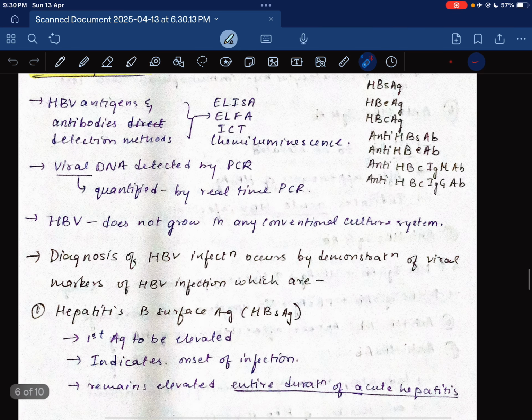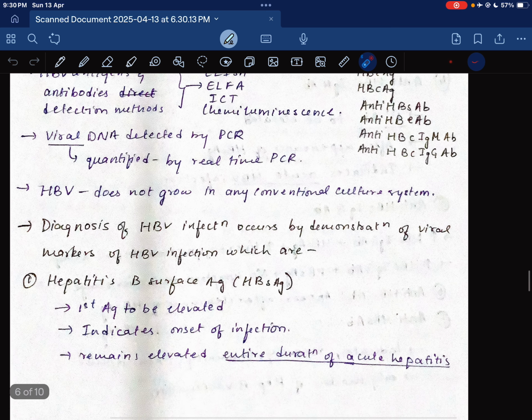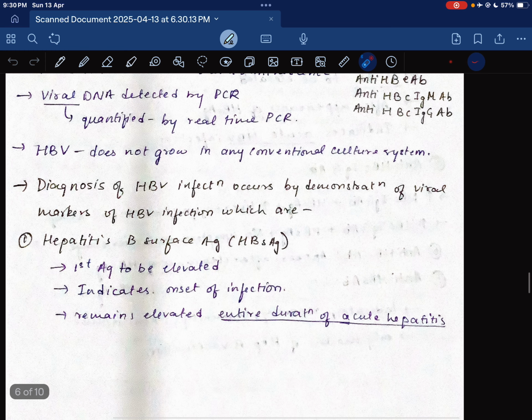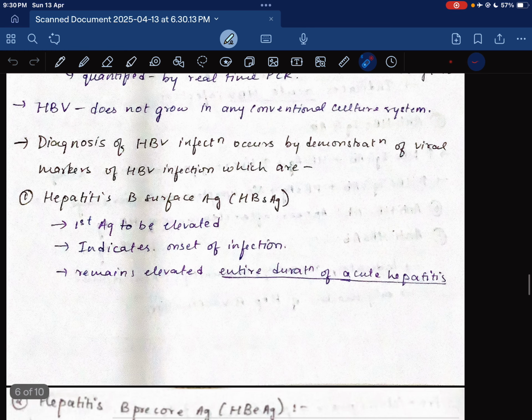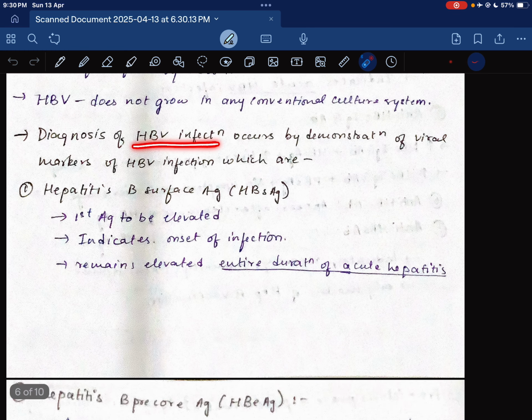Lab diagnosis. HBV antigens and antibodies are detected by methods such as ELISA, ELFA, ICT, and chemiluminescence. Viral DNA is detected by PCR and quantified by real-time PCR. HBV does not grow in any conventional culture system. Diagnosis of HBV infection occurs by demonstration of viral markers of HBV infection, which are